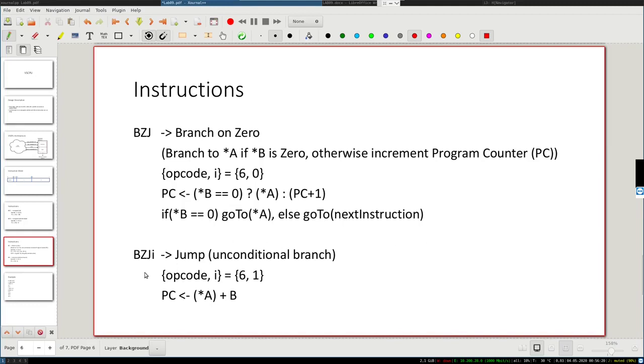Then we have our BZJI instruction. This instruction is the jump instruction. You do not do any checks for B. Instead, what you do is you jump to the value here, which is the value of A plus B. So it is not the value of B, but just B, meaning that if it says BZJI, 5, 3,